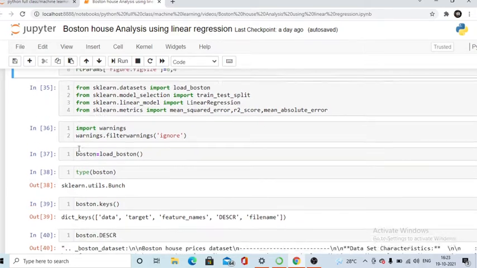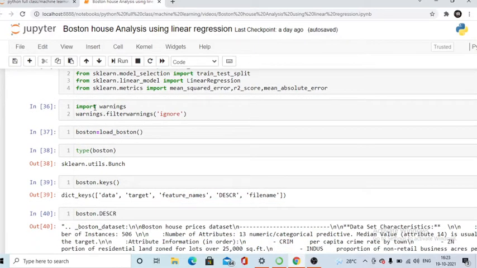Okay, now come to this line, import warnings, warnings.filterwarnings ignore. What I have done here is, when we write code in a Jupyter notebook, we get many warning pop-ups. To not get such warnings, we simply write this line, and this line helps very much to stop the warnings from popping up. These types of warnings basically happen when you are going to visualize your data set.